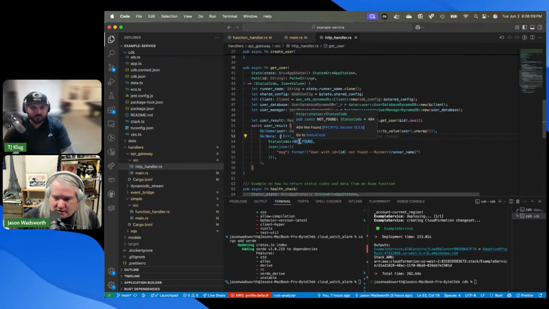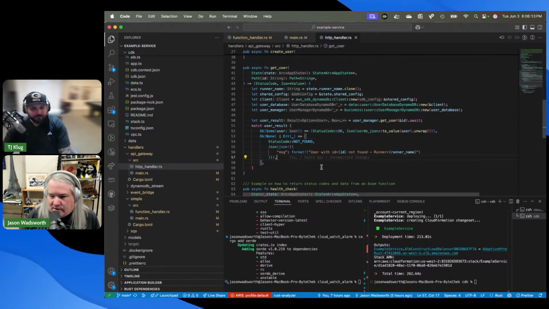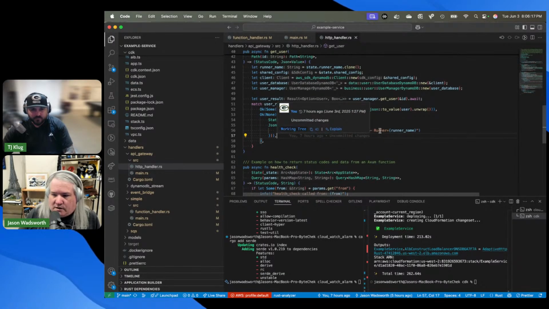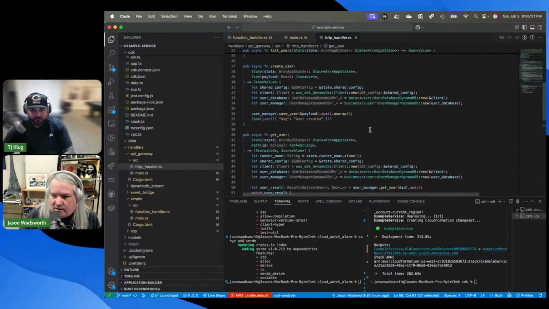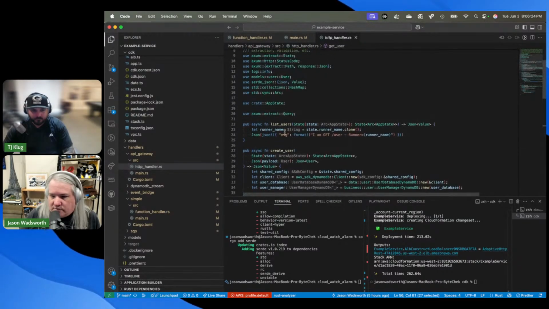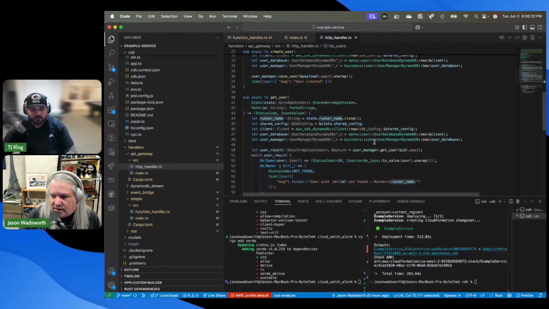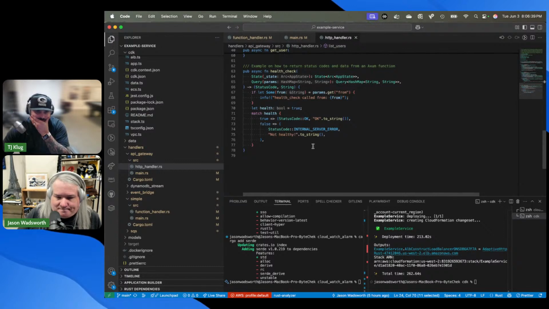And be like, hey, that way you can do alarms and all that stuff, which I think is the key there from a security perspective. But other than that, you'll notice here I'm including the runner name. So when I say user ID not found, I didn't do it on user creator, should have. On this get, I'm not actually doing a list right now. I'm just returning, hey, I am get user, and here's the runner name that I'm running under. So we can see what that looks like here in a minute. And then the health check, just returning. Okay, and that's for the Fargate.